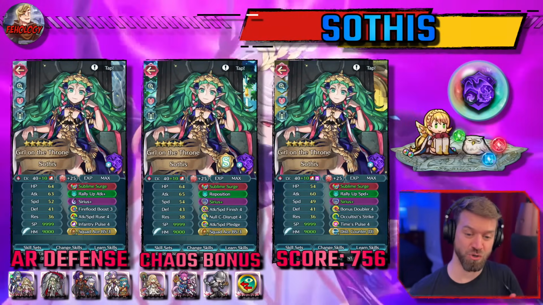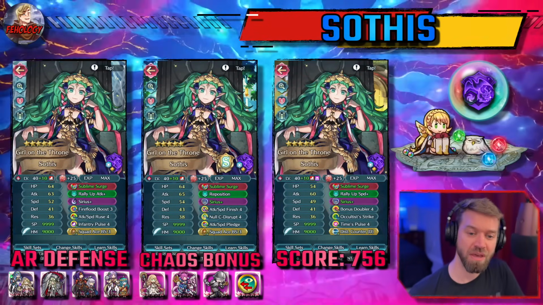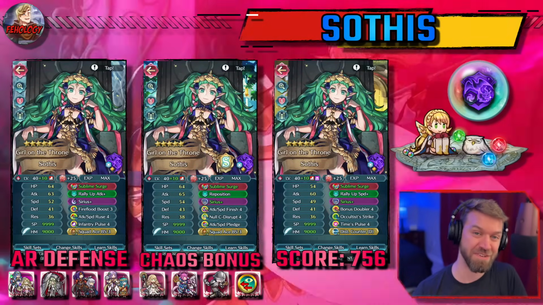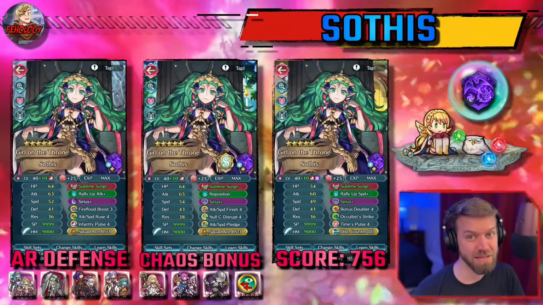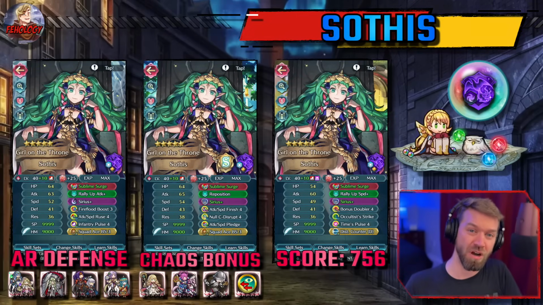The problem is the score. 756 is very low. That's very hard to work with. Just for reference, having a mythic dancer like Peony, you score 754. If you have a Racing, they score 756. Keep that in mind, and the other reason I put this up here though, there are other modes that you